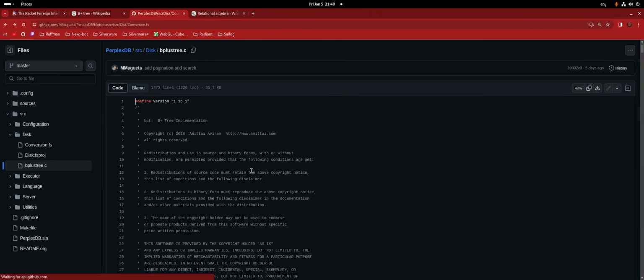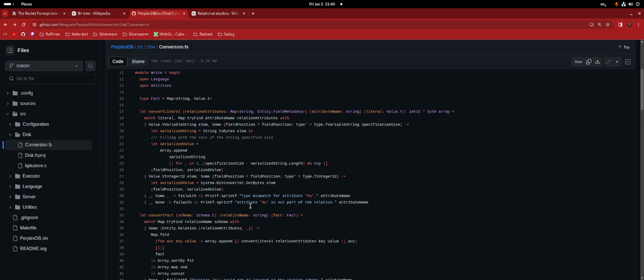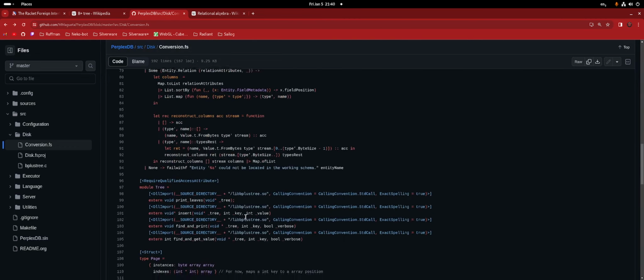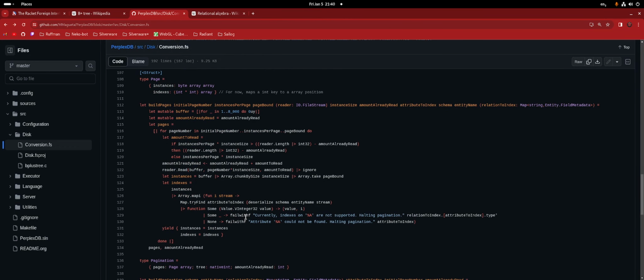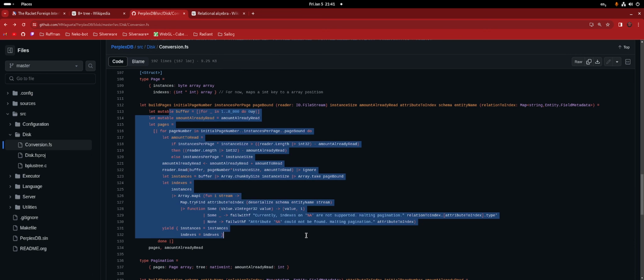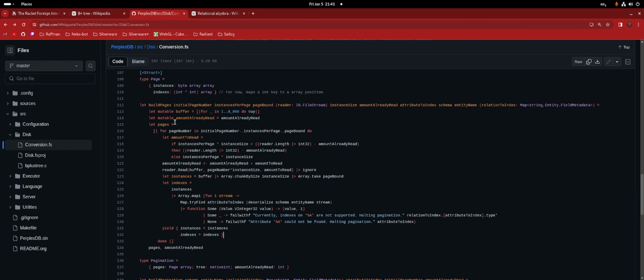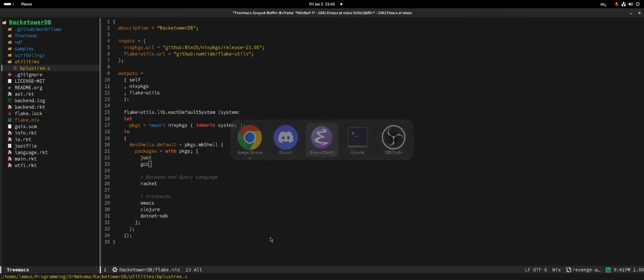I think the pagination will be interesting, even though it's less interesting than FFI, because I'm going to understand a lot more about the whole database stuff after I try to read this through.